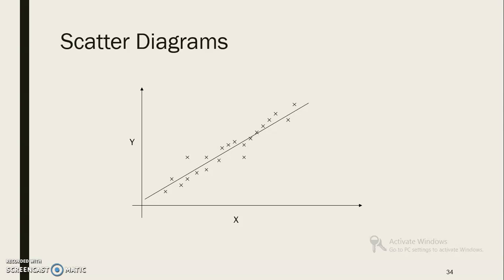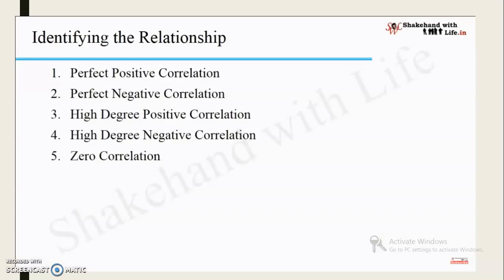So this is a direct relation. There is another chance that if input increases, output goes on decreasing. This is the inverse relation. So like this, there are different correlations between input and output, and these are the 5 correlations taken into consideration here. It may be perfect positive correlation, means it is a straight line, direct proportion. Perfect negative correlation means it is inverse proportion.